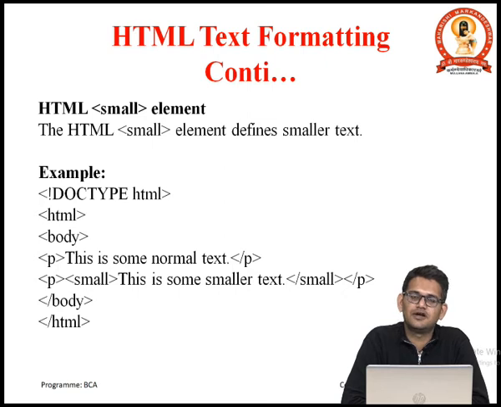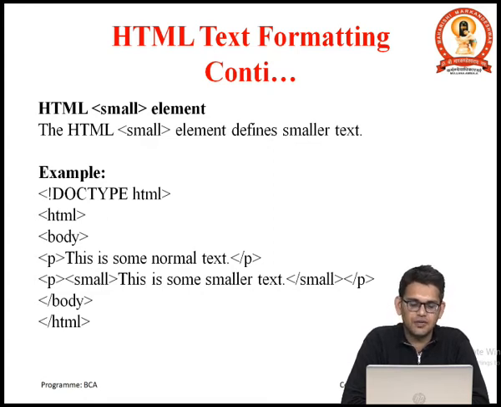So, the next one is the small tag. The HTML small element defines smaller text, smaller in size. A normal paragraph has a default size, say 24, Times New Roman. Suppose within that paragraph we want to write some small text, in the same paragraph we want to reduce the size, then we need to use this small tag. How can it be used? Basically, all these types of text must be used within a paragraph, because we are writing a paragraph or line. So, firstly we need to initialize a paragraph, and within that paragraph we need to use these tags.